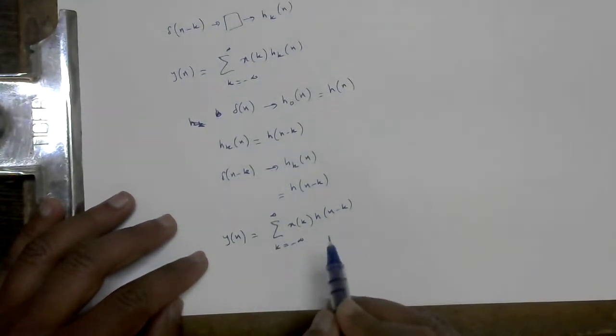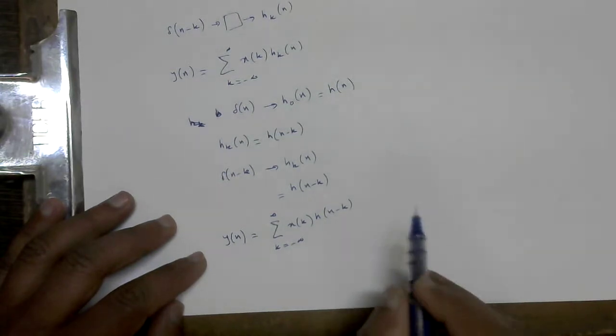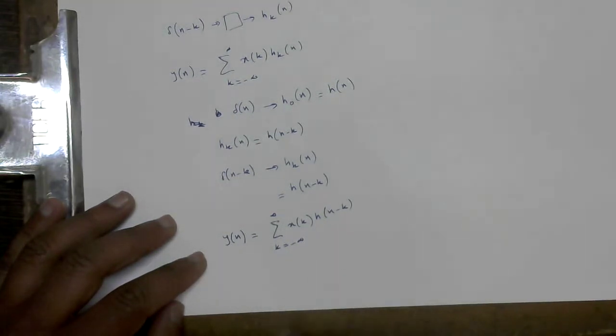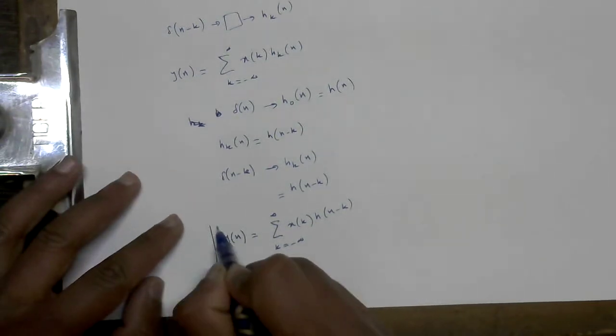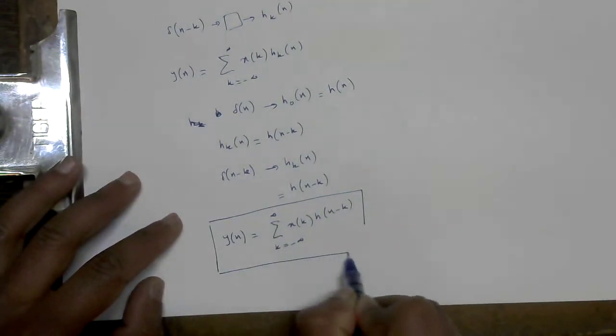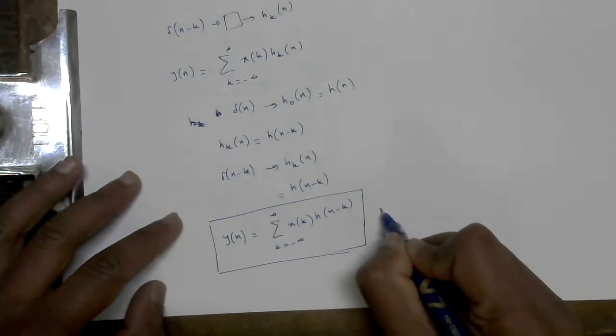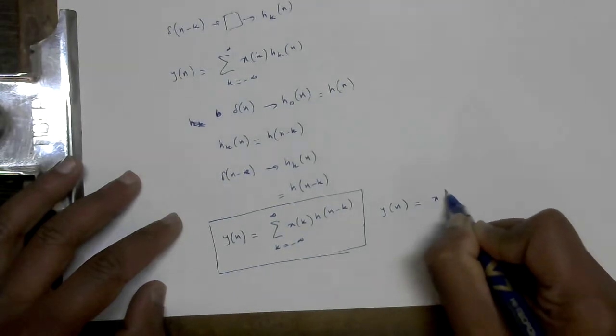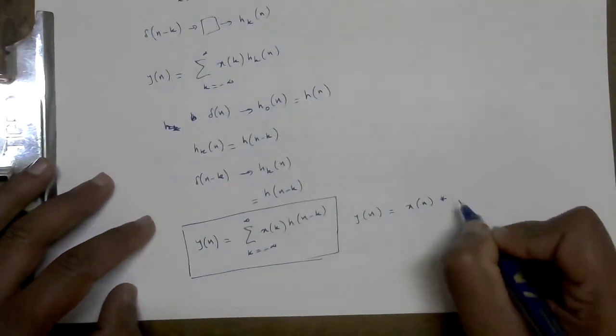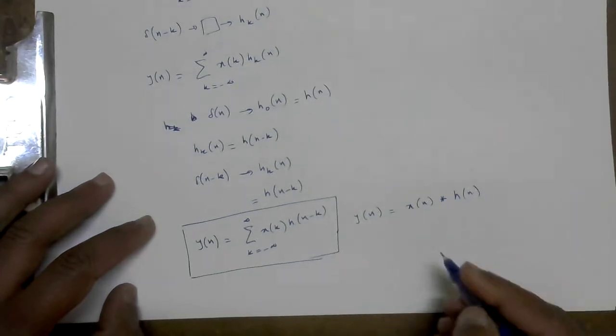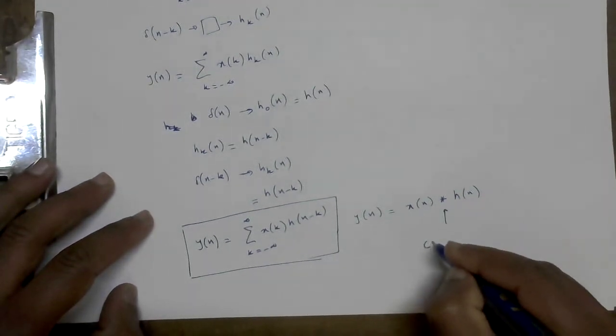Basically what this means is the characteristic of the response to the delta function delta of n is enough for you to produce the output to any input, provided that the system is linear and time invariant. So this is a very important relationship. It is so important that it has its own name, and we write this as y of n equal to x of n star h of n, where star represents the